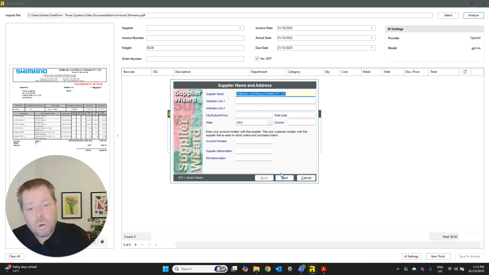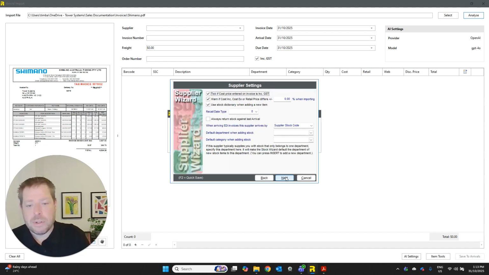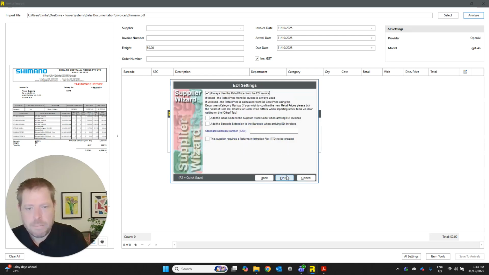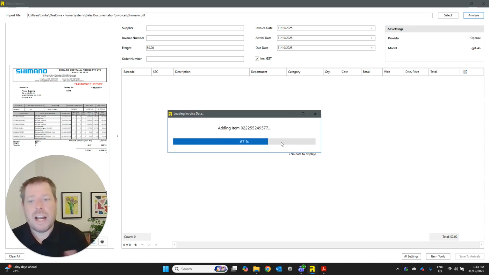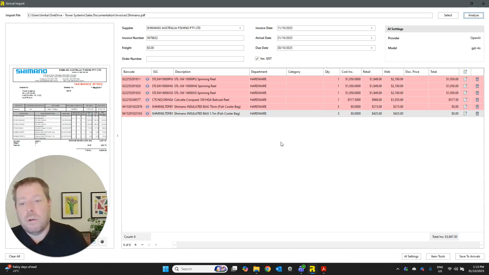the wizard. It's automatically putting the supplier's details in there because it found it in the file. I'm going to put in a default department, so I'm just going to put it into hardware just for the sake of it. I can finish that off. So I've added the supplier in, and that's now rolled through, and it's added all of the products onto that